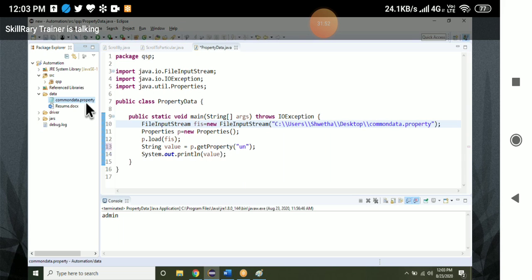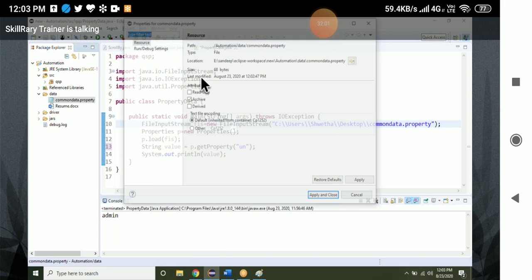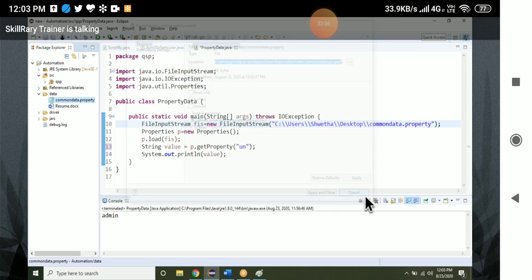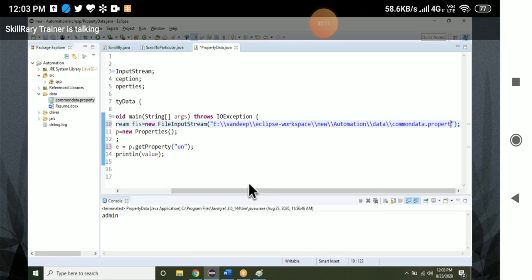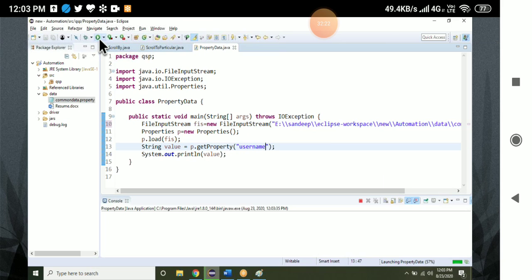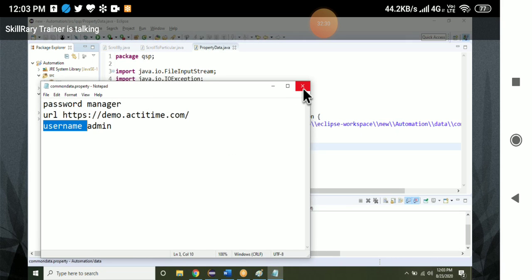So you have to give this path. Right-click on this file, properties, then copy this path under location. Now give the path. Now it will work. What is this? Username, right? Username only.